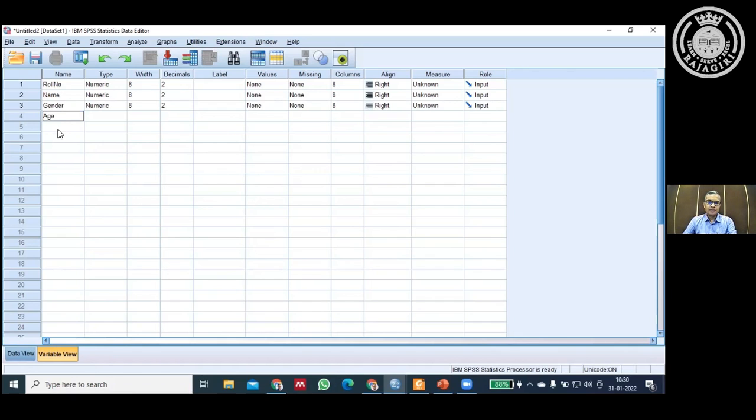Then there can be course, in which course they are studying currently, right? This is another variable because in a management college, there can be MBA students, there can be PGDM students, there can be MHRM students, right? Another variable can be graduation